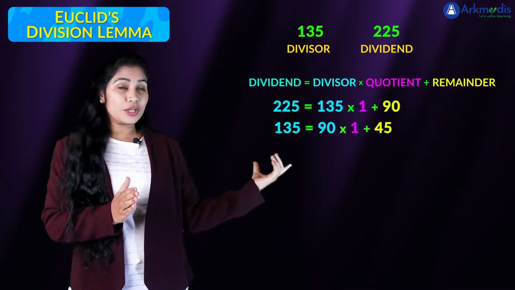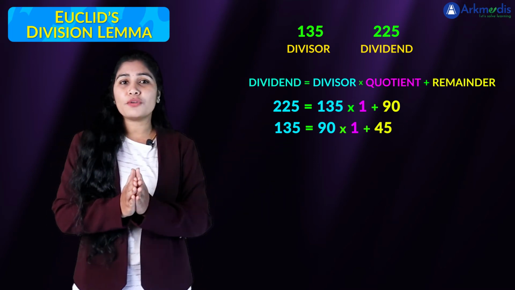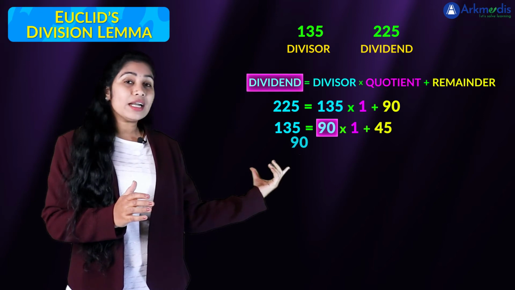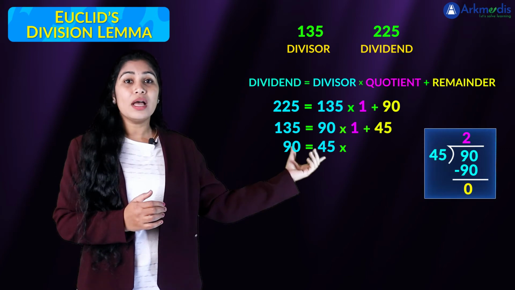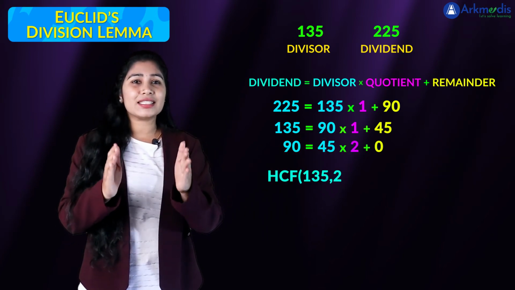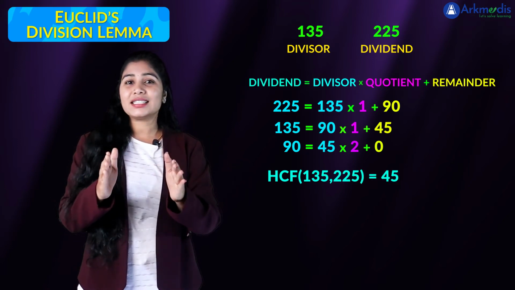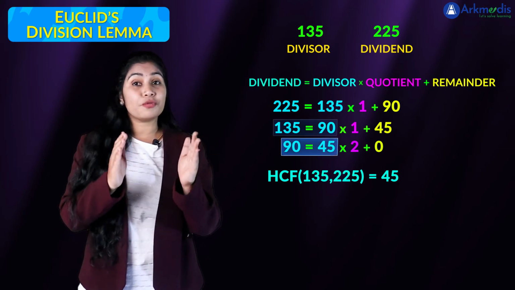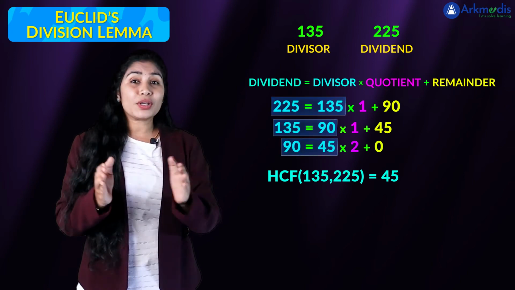Again, the remainder 45 is not equal to 0. So apply the division lemma to the divisor and the remainder of the second step. That is, 90 is the dividend and 45 is the divisor. Now again 90 can be expressed as 45 times 2 plus 0. Here the remainder is 0. Therefore 45 is the H.C.F. of the numbers 135 and 225. If you observe properly, the H.C.F. of 90 and 45, H.C.F. of 135 and 90 and H.C.F. of 225 and 135 are equal. Euclid's division algorithm is not only useful for calculating the H.C.F. of very large numbers, but also